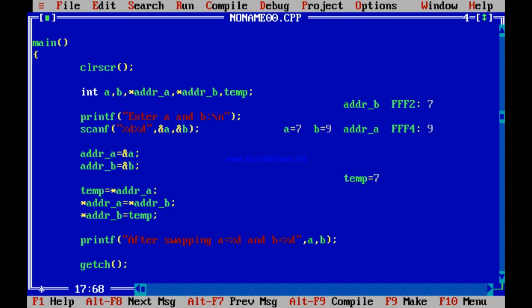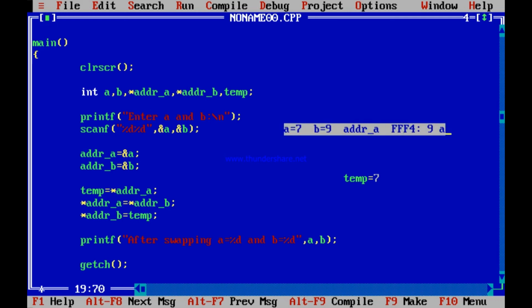As it has been reversed, already you can say this was A and this was B. Now if you print A and B, then definitely the reversed content will be printed. This should work. Let me delete this and run this program now. Sorry, this is one problem. So let me delete this and run this program again.